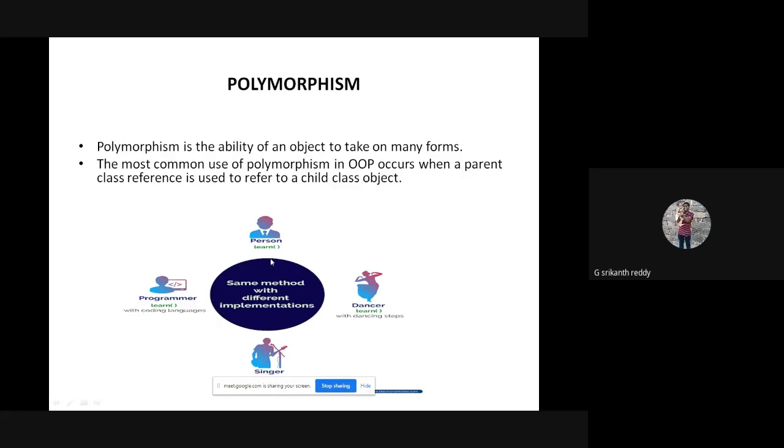This person object will behave in different ways. It depends on the situation. A single object behaving in three different ways here. This process is called polymorphism.